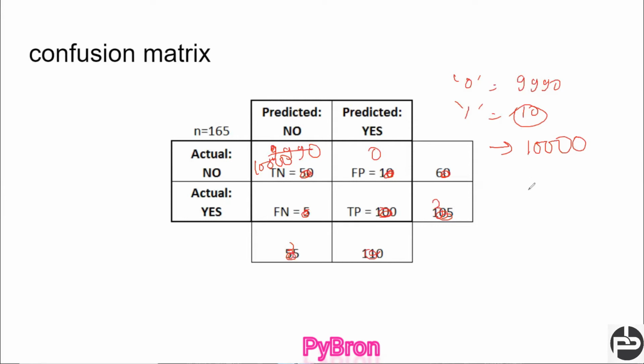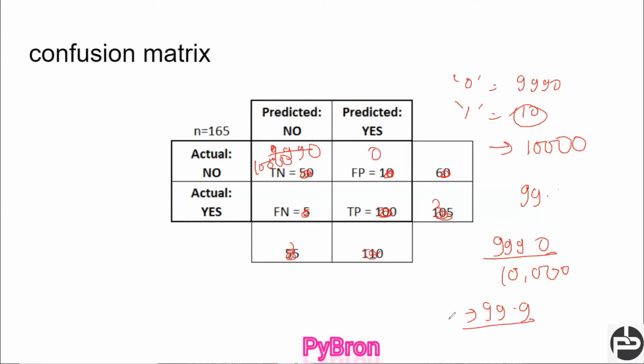In this case I can still say accuracy is 99.9%, because we identified 9990 divided by 10,000. Still my machine is not predicting correctly, it is not able to identify who has the cancer, but my accuracy is 99.9%. So accuracy is not a correct factor to measure any machine learning model or any classification model.